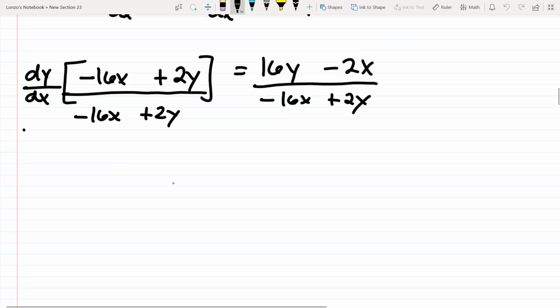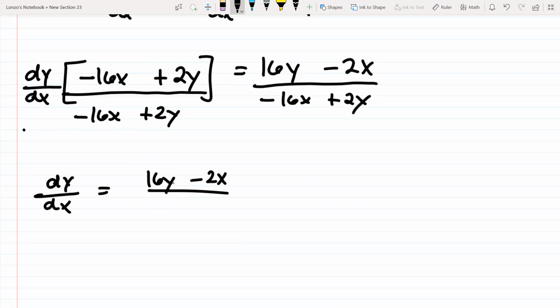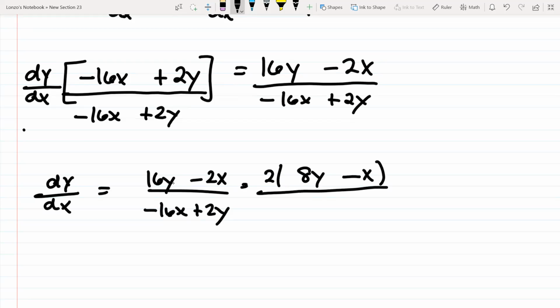So I get dy over dx equals 16y minus 2x over negative 16x plus 2y. You can't cancel these out because this is a 16y, this is a 16x. So what we could do is take out a 2. If I took out a 2 on both numerator and denominator, this would be 8y minus x over, and on the bottom, if I take out positive 2, this would be